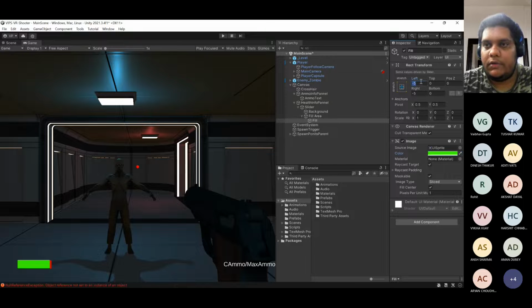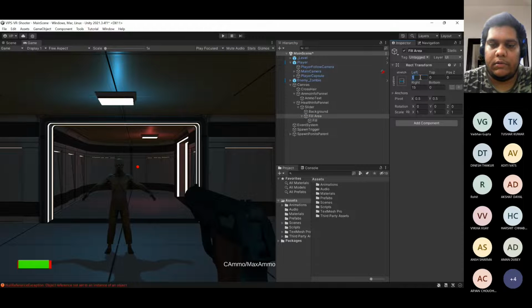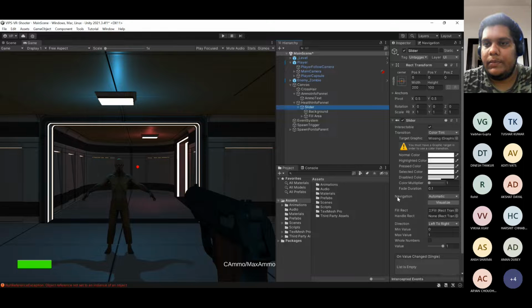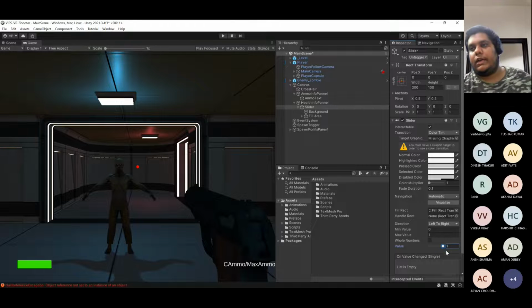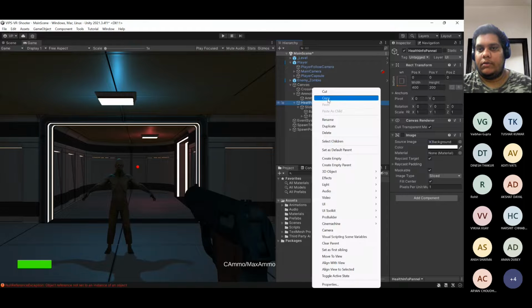And we need to fix this. We can make this 0, 0. This also 0, 0. So now it's perfect. Slider is perfect. Between values of 0 and 1, this is how the health bar will look. So now all we need to do is, like we did for the ammo, supply some value here. For now, I will also do one more thing, is create an empty